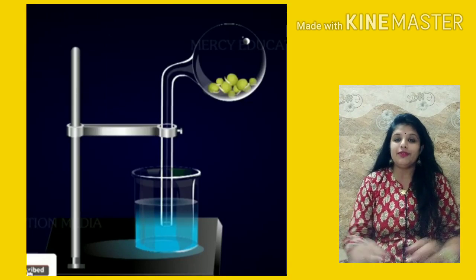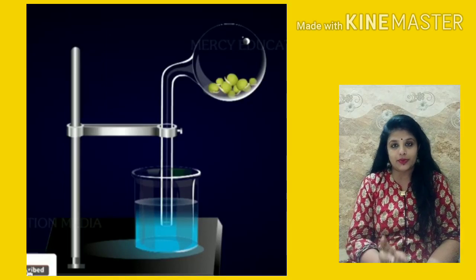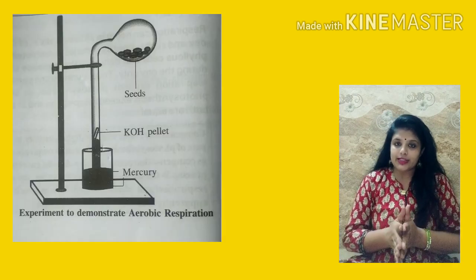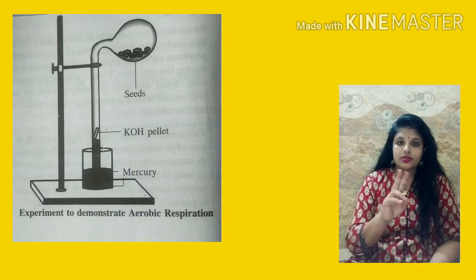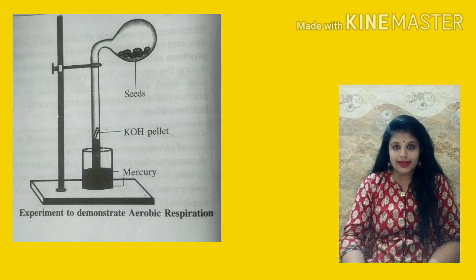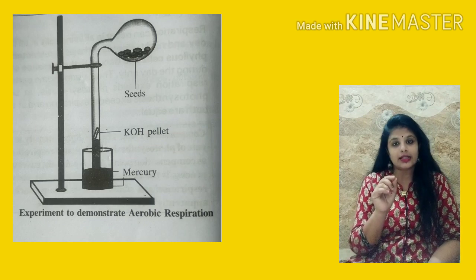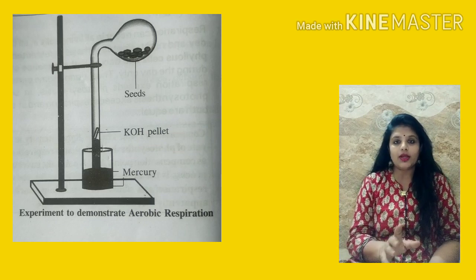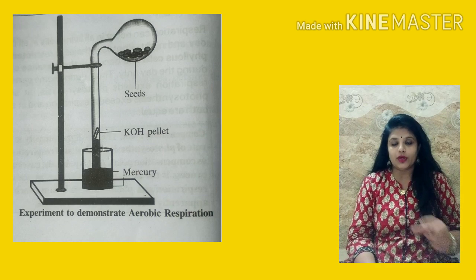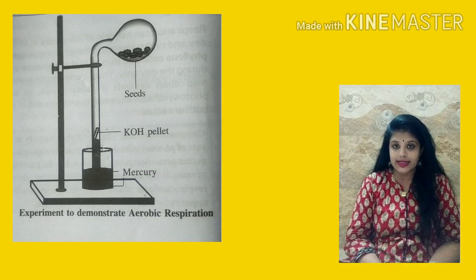In this experiment, we will take one respirometer along with germinating seeds and one respirometer without the germinating seeds. Whenever we are doing any experiment in case of plants, we always perform two experiments simultaneously. In one experiment, all favorable conditions are there, while in the other, one of the conditions is controlled. That experiment is called the control experiment. So we will take two respiroscopes. In one respiroscope we will take seeds, and in the other we will not take seeds.